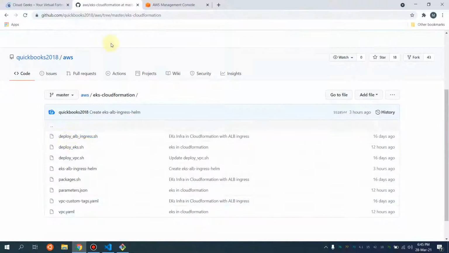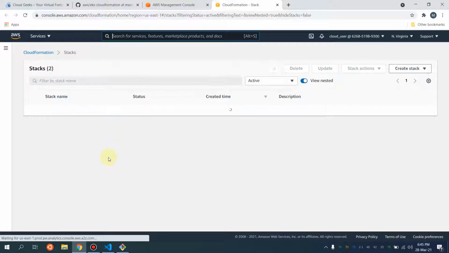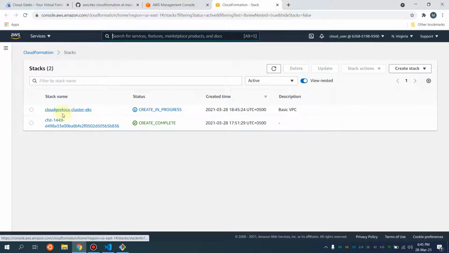So let me open my AWS, and I have already configured my access keys and secret access key. If I navigate to the CloudFormation tab, you will see this stack is going to be created with this particular name I've just shown you guys. This is the Cloud Geeks CA cluster EKS.